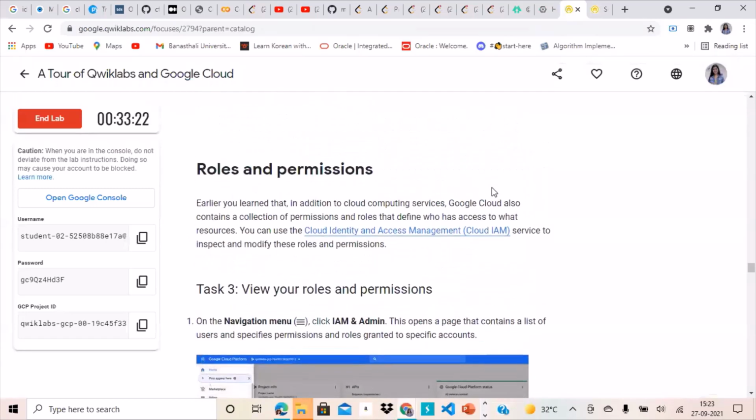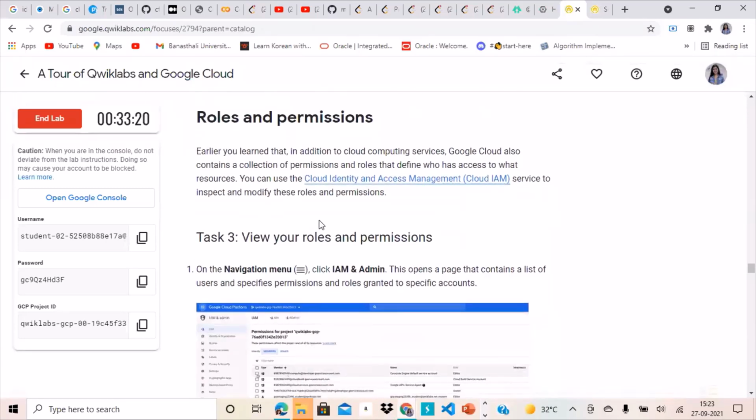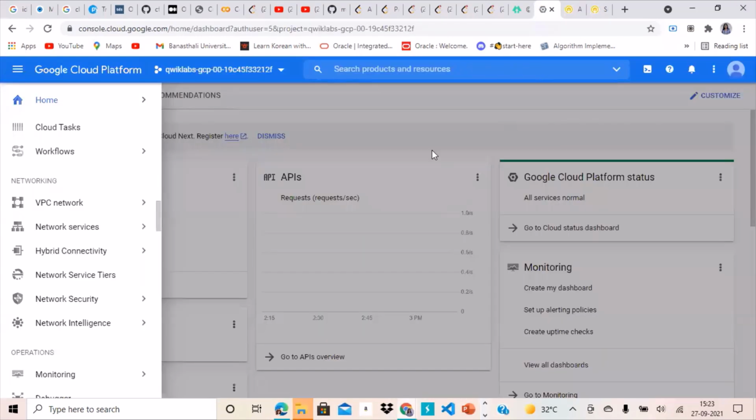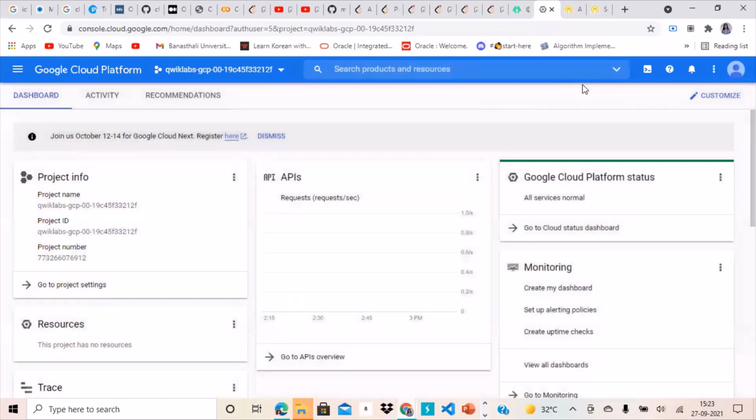Okay, now the next thing is roles and permissions. Here, once you have logged into this GCP platform from your temporary ID that has been provided by Qwiklabs,